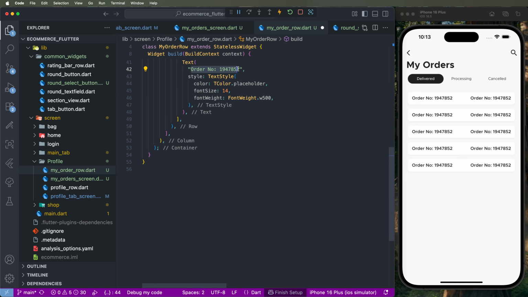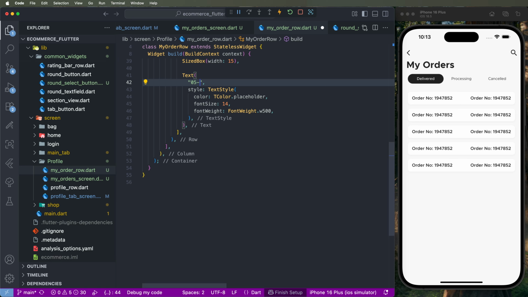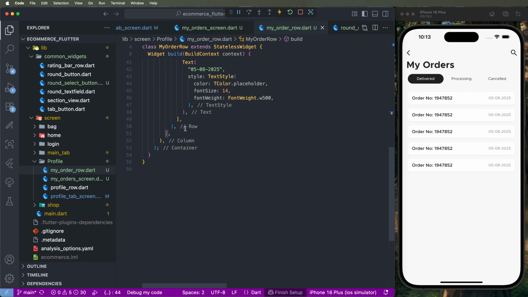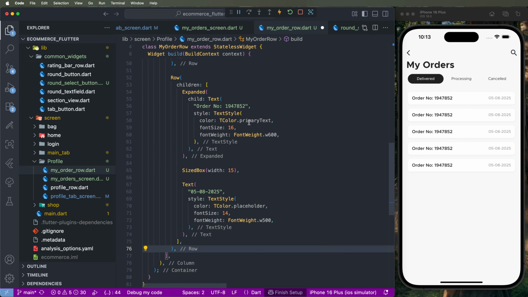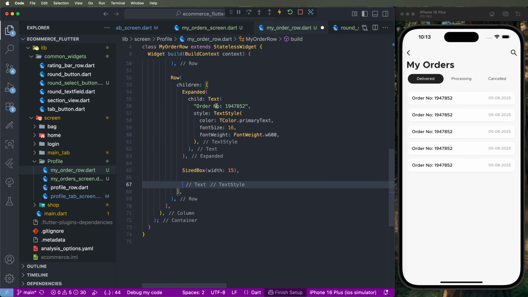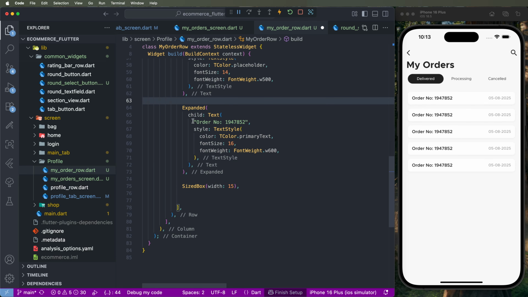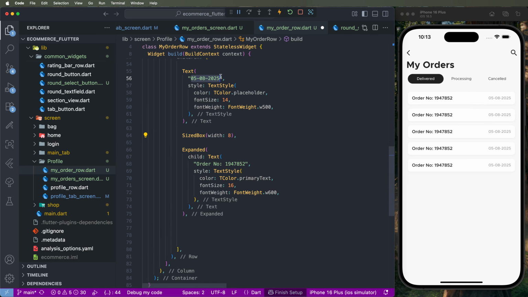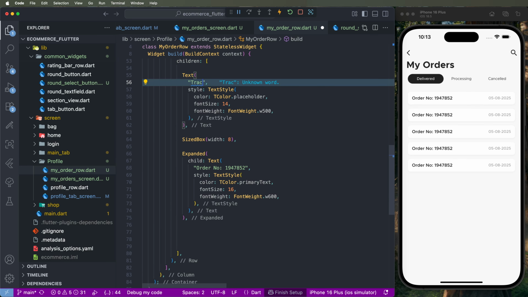Now need to show the dates of these orders. Now actually need to set the dates and show like here as per UI. Same as now, create another row. Copy, paste this here. Now need to replace this with orders and put this side here. Set the 8